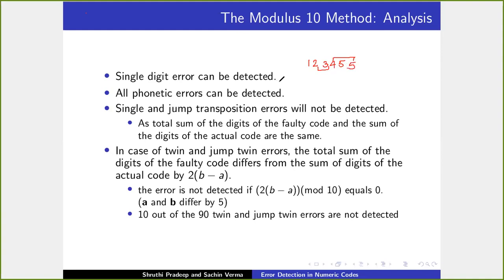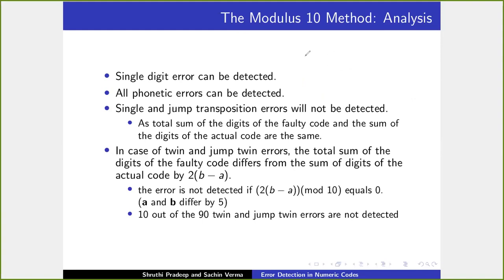Okay, so actually, for single digit error, the condition is that when we take the addition of all the digits, and after taking the addition, when we take mod 10, we must get 0. Now, as Rohan said, it will be different. Absolutely, it will be different. The only thing is, in case of different, we can have many different answers. But if the interpretation is correct, then after taking mod 10 of the sum of all digits, we should get 0. So that is what will make it different from other numbers.